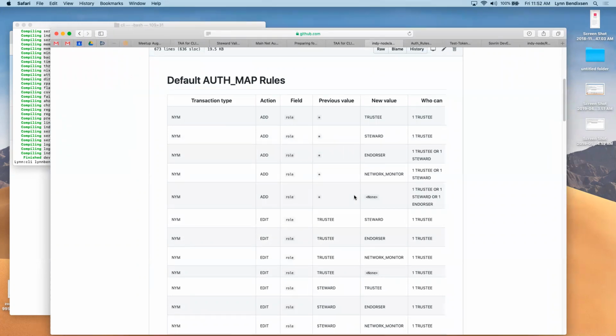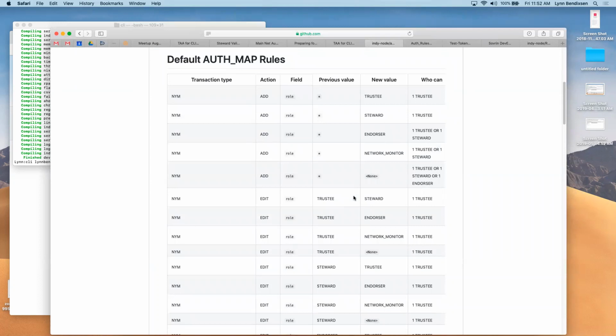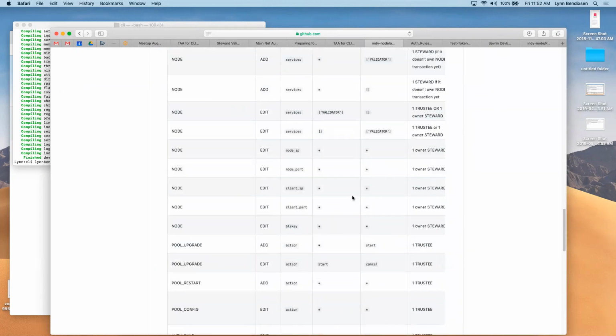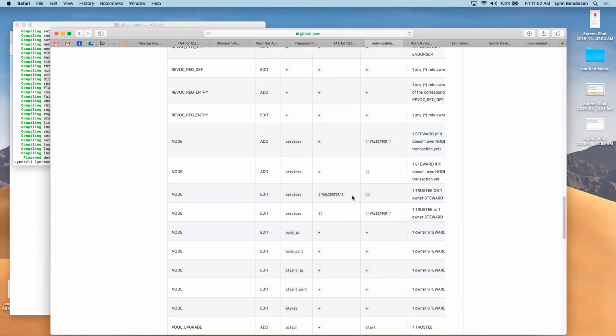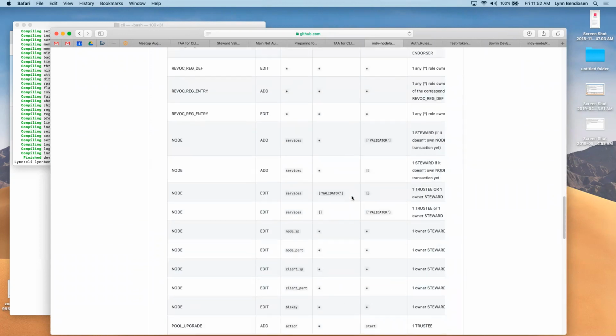It's an auth rules map, really. It tells us what the different auth rules are possible on the network, what kinds of things we can restrict from happening. There are about 50 or so of these, and most of these are rights. These are the different rights that you can exercise on the network with different capabilities.